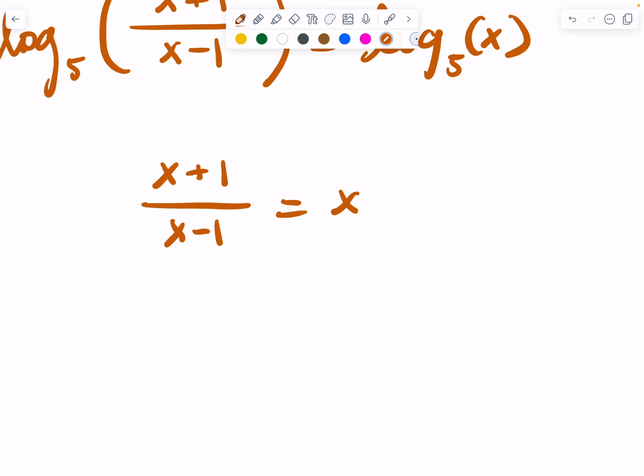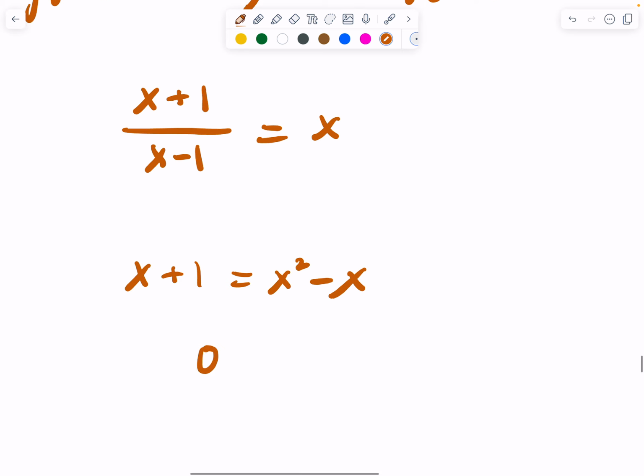Now this is a rational equation. So we can multiply by x minus 1 on each side. So x squared minus x when we do that on the right-hand side of the equation. We have a quadratic equation now. So using what we know to solve a quadratic equation,